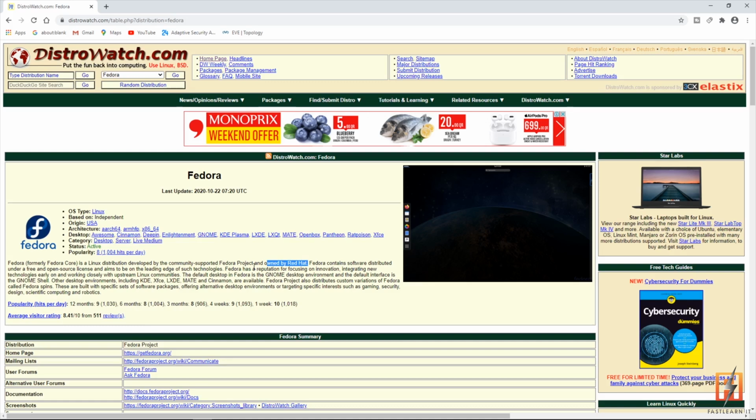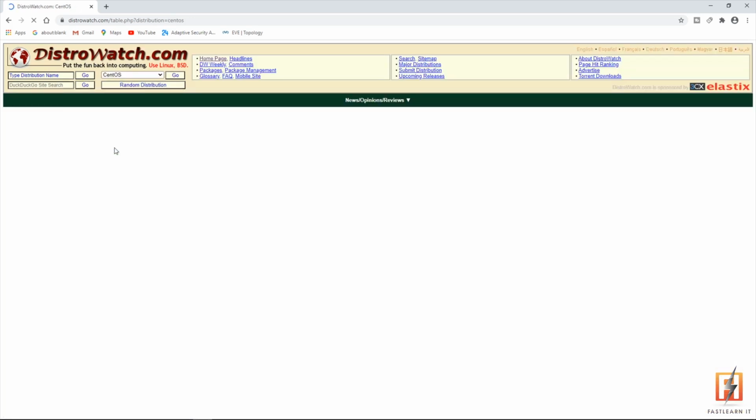So now Red Hat is a high-demand industry certification that you can achieve nowadays. And if you study CentOS, then you can take the exam in Red Hat Linux distribution, because CentOS is based on Red Hat and Fedora. So Fedora is independent, Red Hat is based on Fedora, and CentOS is based on Fedora and Red Hat Linux distribution. So if you study CentOS, it means you can take the exam in Red Hat. It is a similar Linux distribution that you can study nowadays.